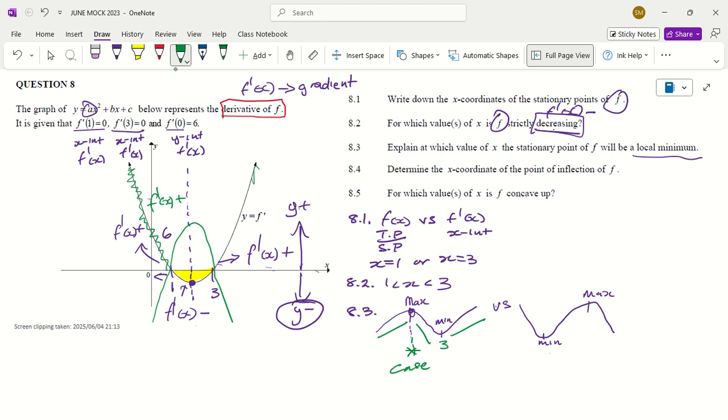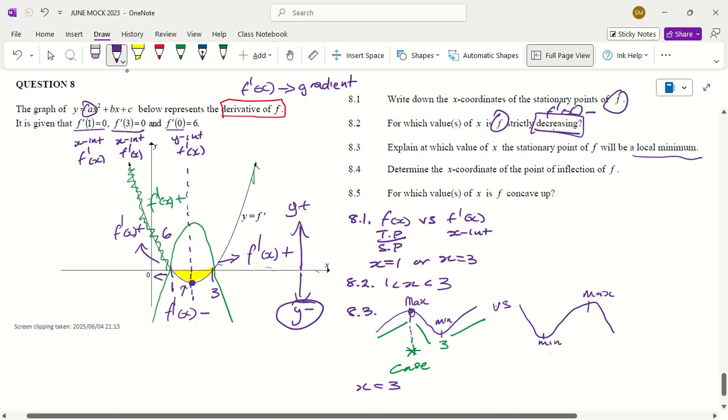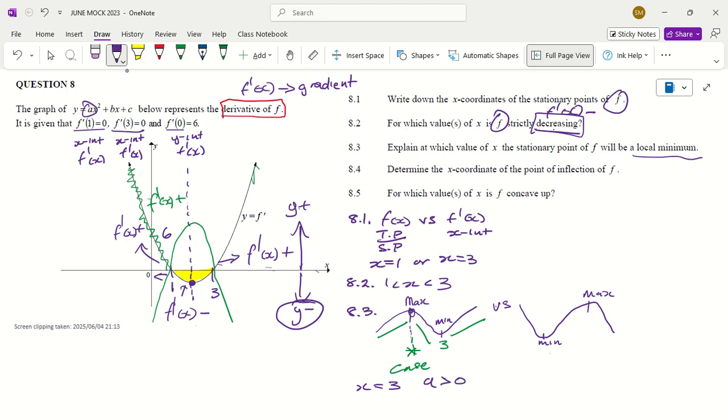So now how are you going to explain this? You are going to say that first of all, x is equal to 3. Why is x equal to 3? It's because the gradient of the function changes from a positive to negative. Therefore, or you can say that a is greater than 0, then the function